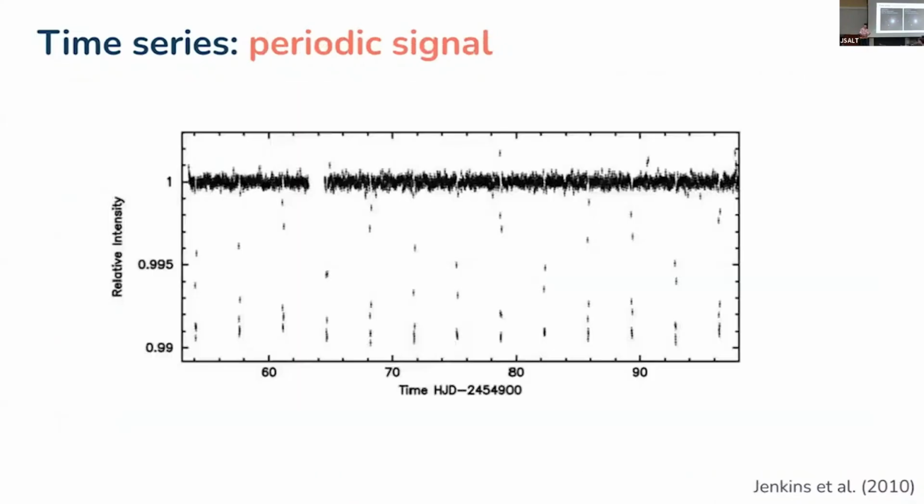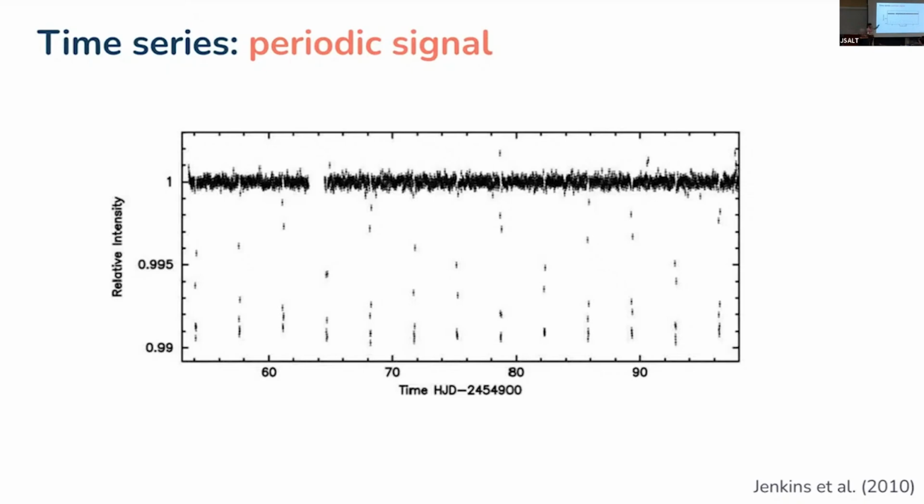Now, you might also be more familiar with the search for exoplanets. These are planets around other stars. This is a very hot topic now. And the way you often look for these, at least in certain types, in this kind of analysis, is by monitoring a star for a very long time. And sometimes what you'll see is that there will be dips in the amount of intensity of light coming from that star. And that's actually what happens when your extrasolar planet or exoplanet passes in front of the star and it blocks a tiny fraction of the light.